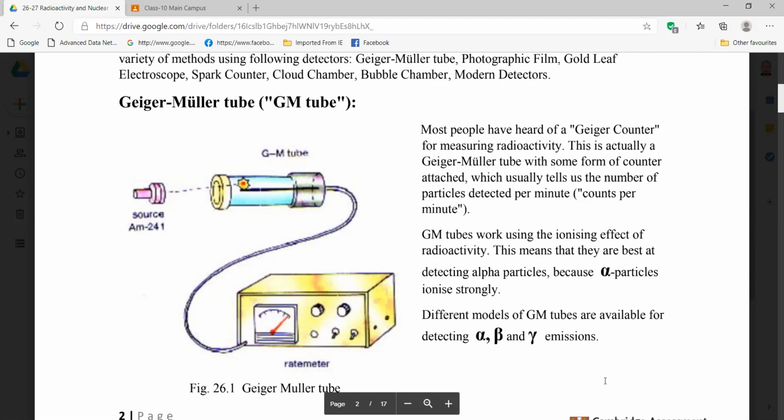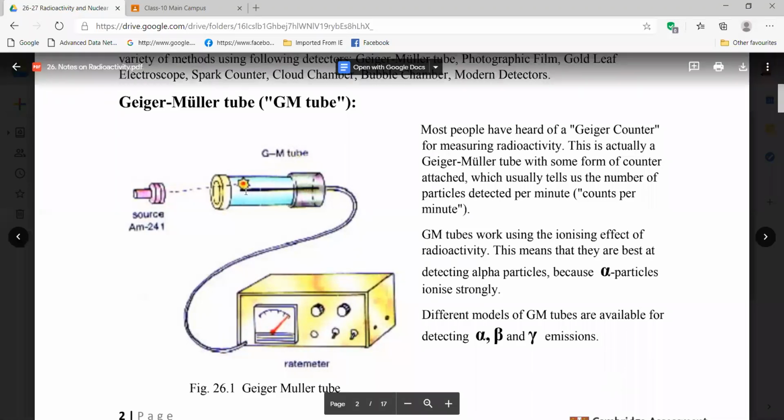And when alpha particles pass through air particles or any kind of gases, these positive charges can attract some electrons from the outer surface of those gas atoms. When they are picking the electrons, inside the GM tube, you see there is a black line here,